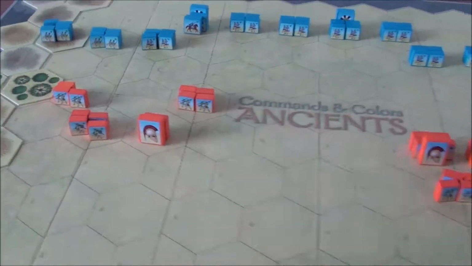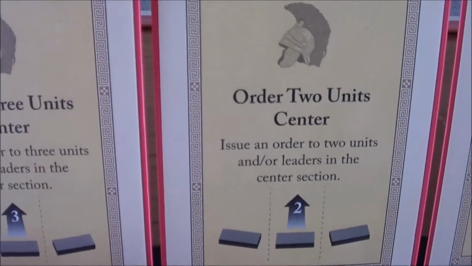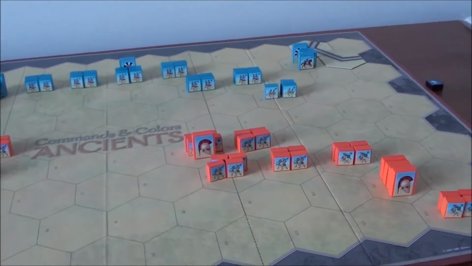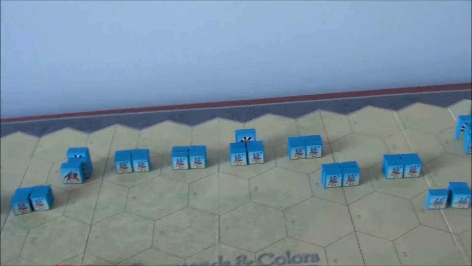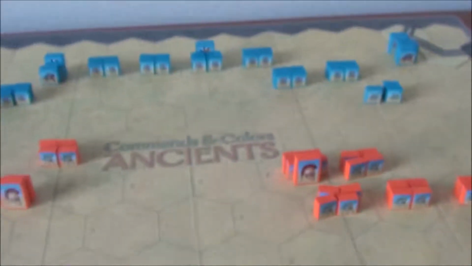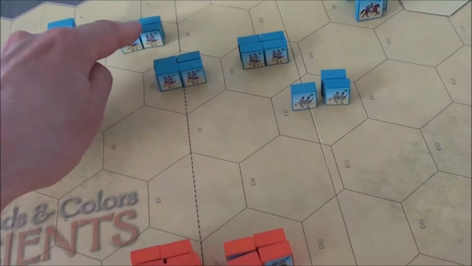Okay, so get the Argives for turn 8, and they have 3 in the center, 2 in the center, or the rally. There's not much to rally yet. The only guy who could rally is that. Oh, actually, that cavalry could rally too. But I don't know. I don't want to do that yet. So what I will do now is move him up the backline a bit. They have been too far away. So I will order 3 units in the center, and I will activate that guy,